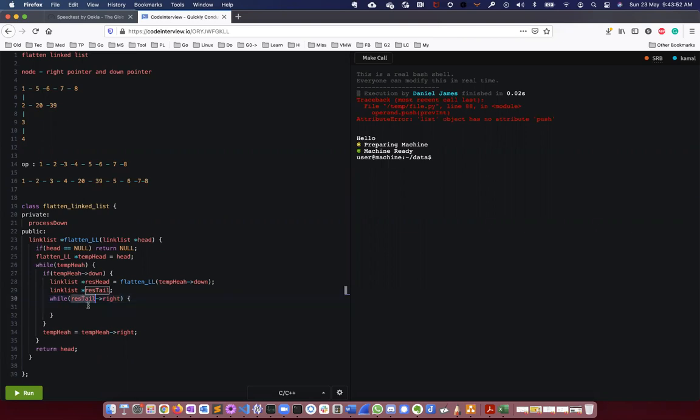Here I am moving the tail of the result to the next, and keep on moving. That's why I have to process the right pointer of the tail.